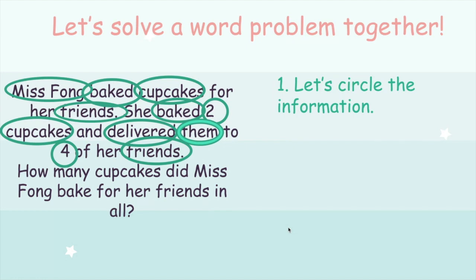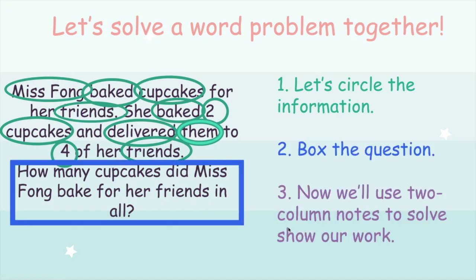So you see how I'm repeating the same number over and over again. Okay, so then we need to box the question. Then we're going to use 2 column notes to show our work. Before I move over to my 2 column notes,